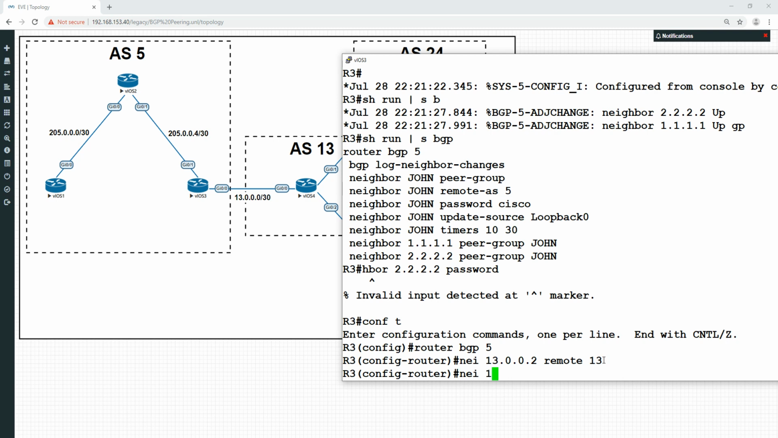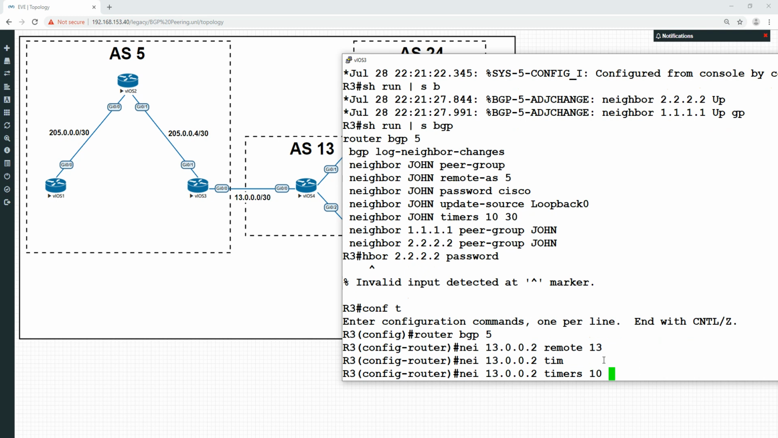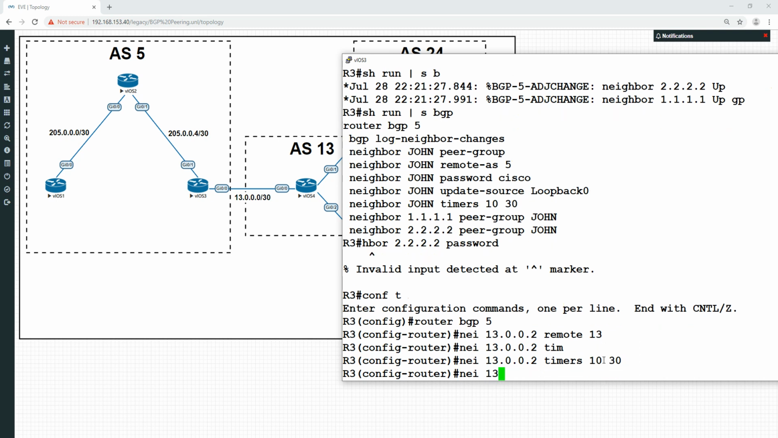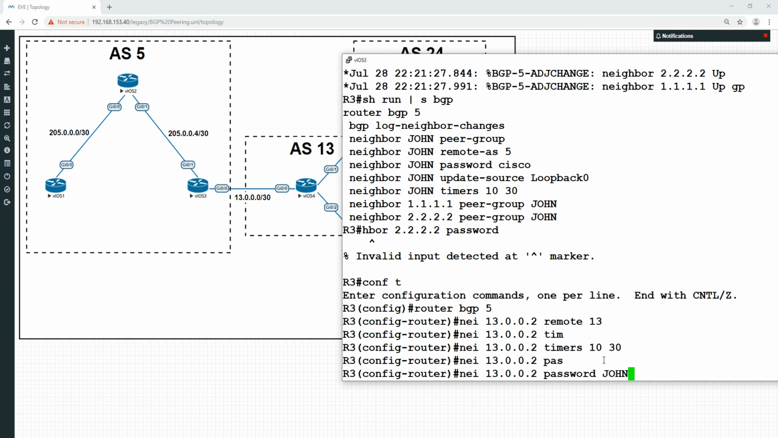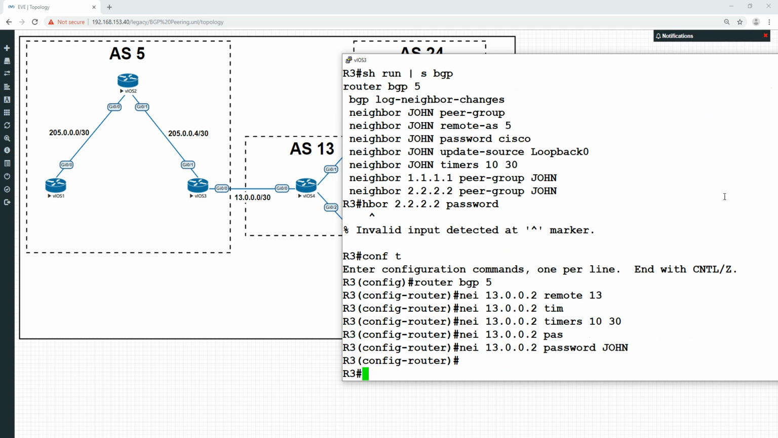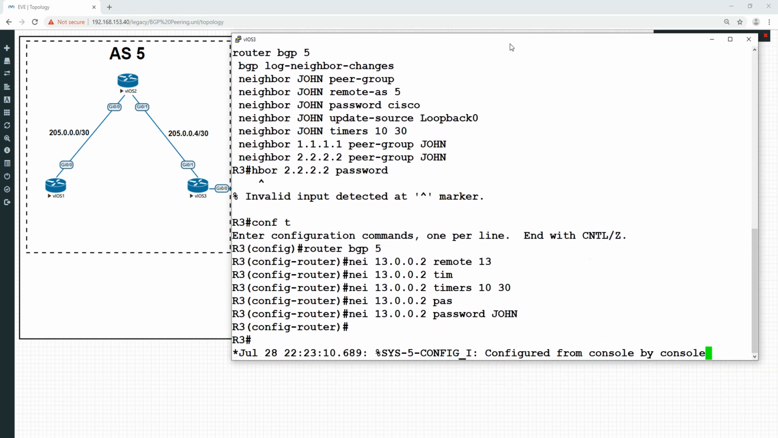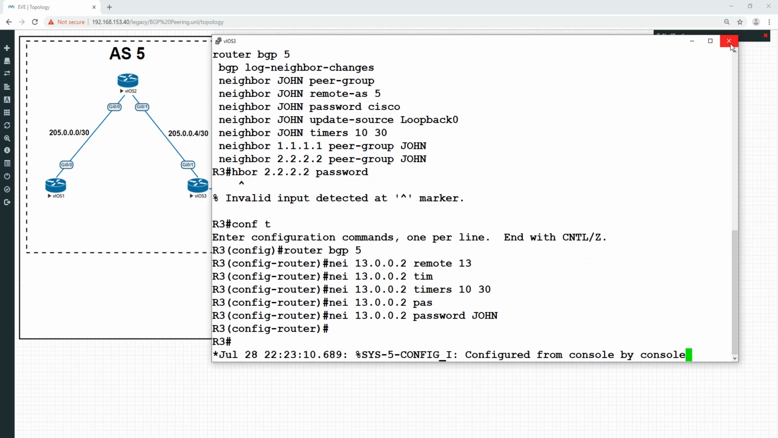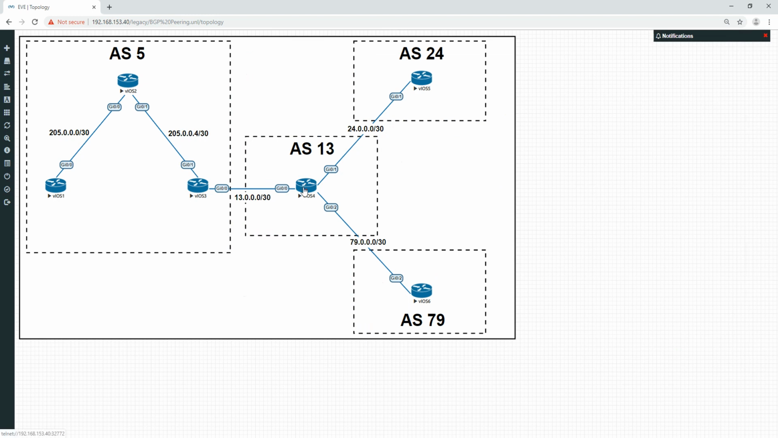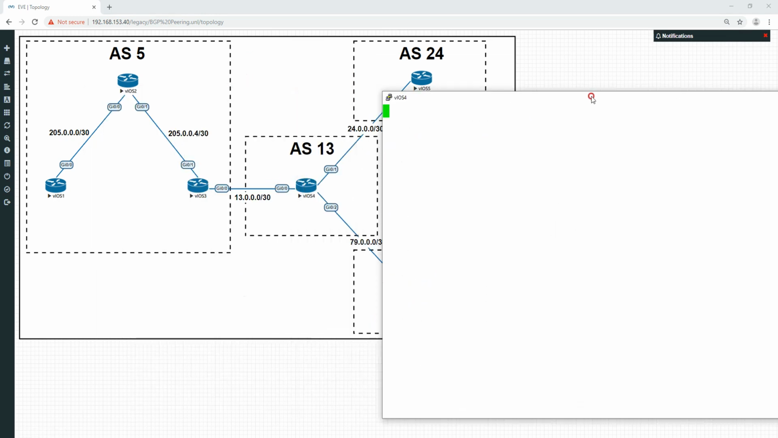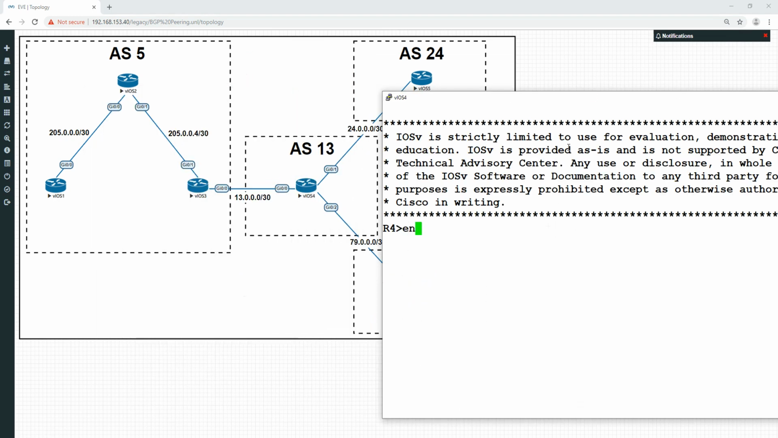So we'll do neighbor 13.0.0.2. We don't need to do an update source because we're using a physical interface this time, and we'll do timers, just do 10:30 again, and neighbor 13.0.0.2, and we'll change the password to John with capital letters rather than Cisco. Now you'll see that we'll probably start getting that message of the MD5 spitting out because it's waiting on the next router to authenticate. So whilst that does that, we'll go over here and we'll do enable, conf t, router BGP